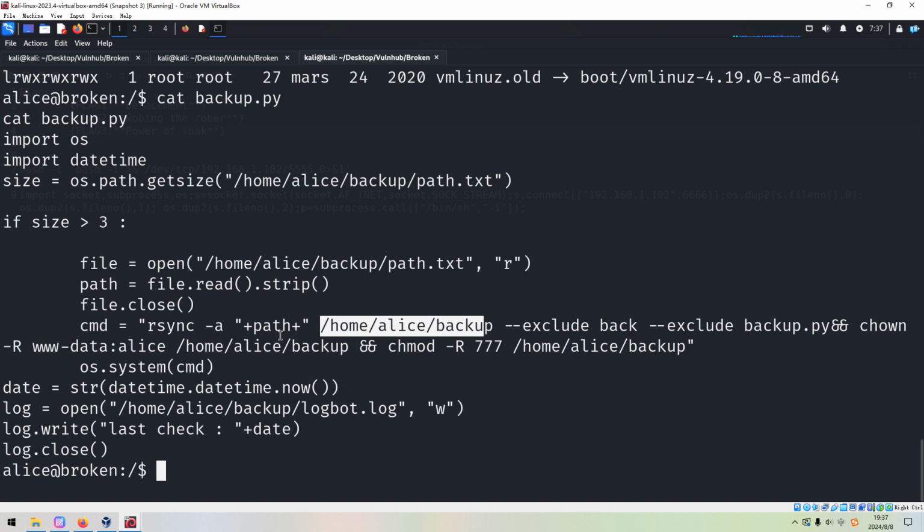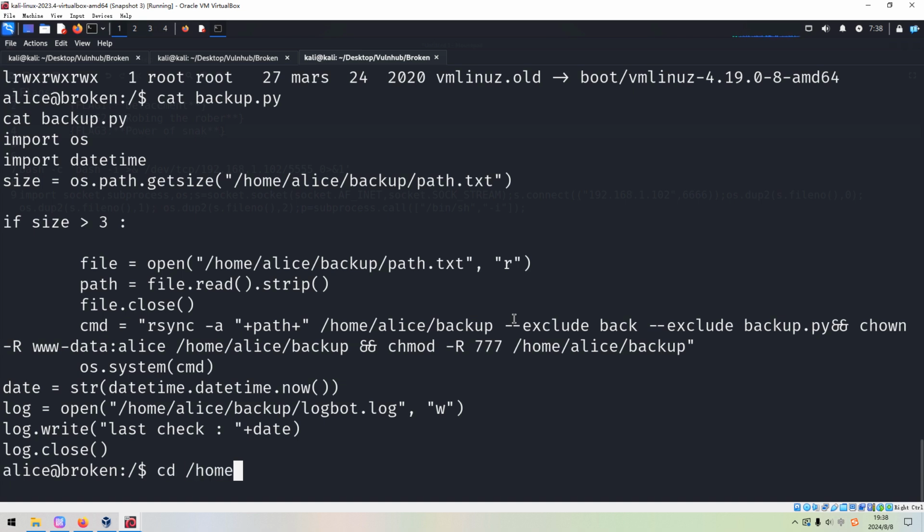We can put the root directory as a path into this file, right? And then, because this script will be run regularly, the content of the root directory will be copied to this directory. Okay, so let me show you.